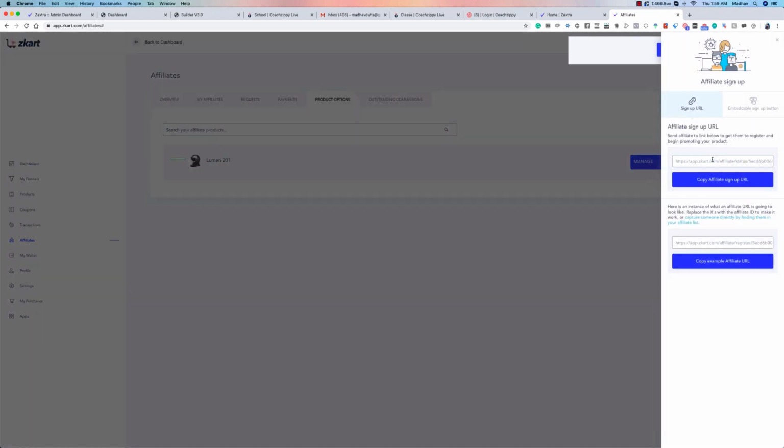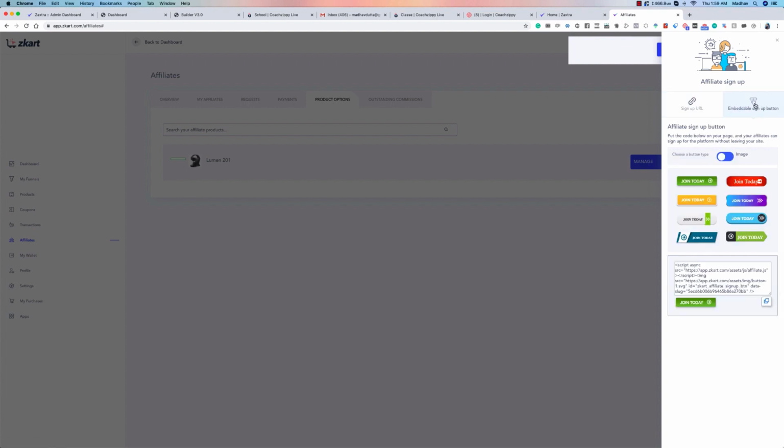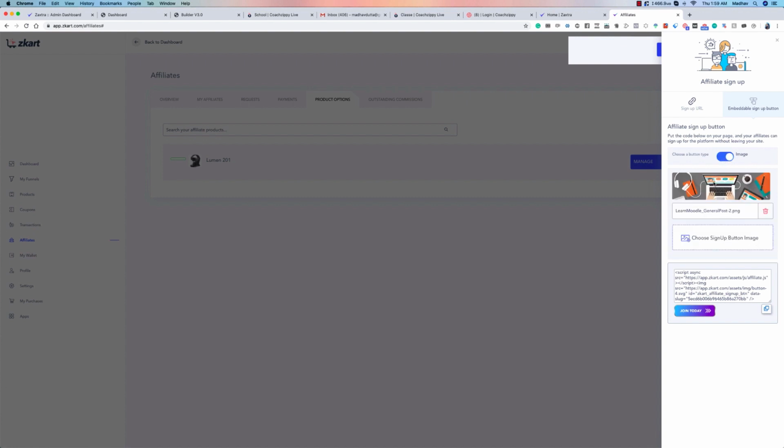Okay, so let's take a look at the affiliate URLs that you can get. There is the sign up URL, and then there's obviously again the affiliate example URL that you can get. Okay, then you can also get embeddable buttons, which look like this. So, all you need to do is copy the code and get the button, but you can also get banners,